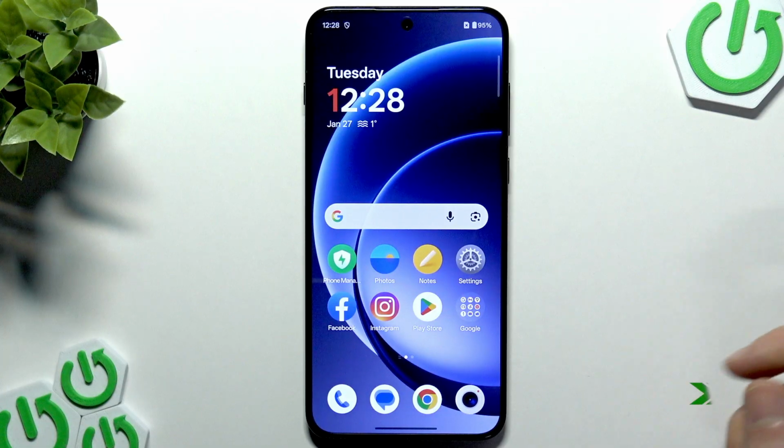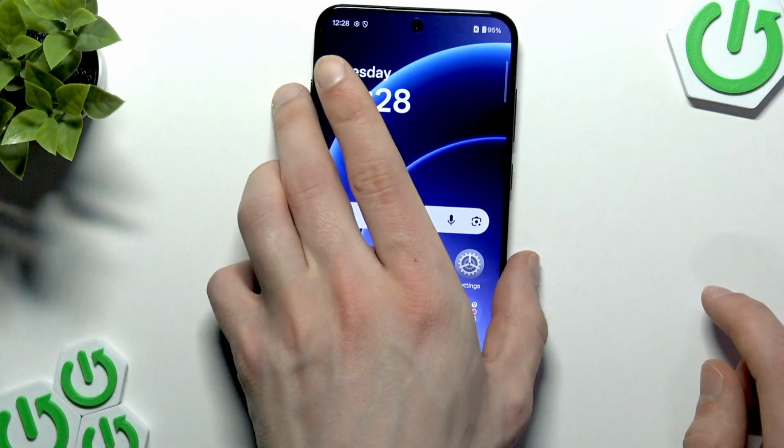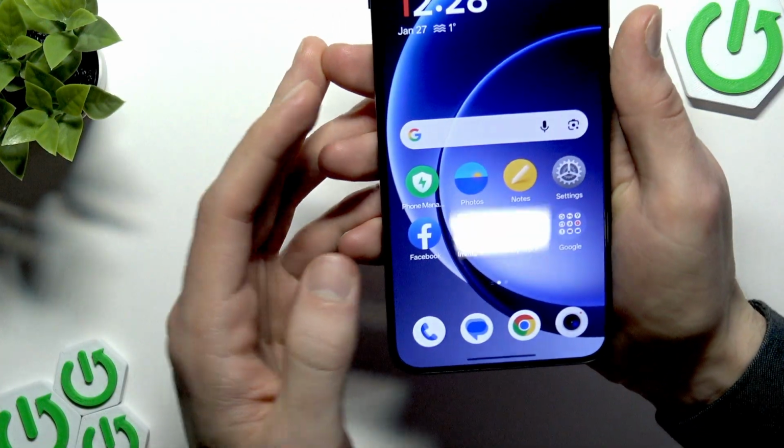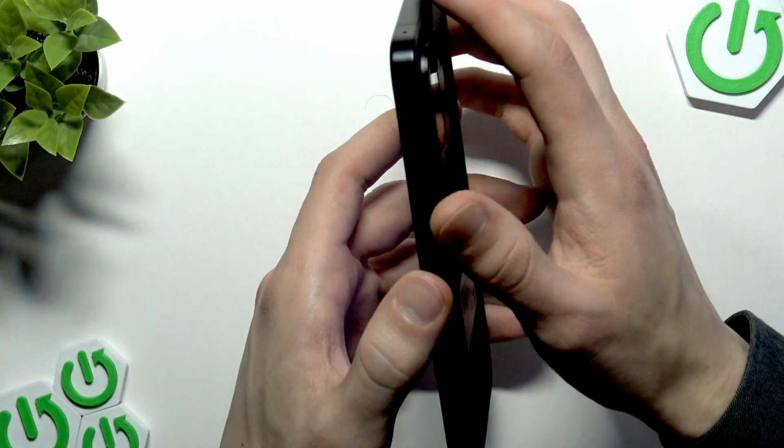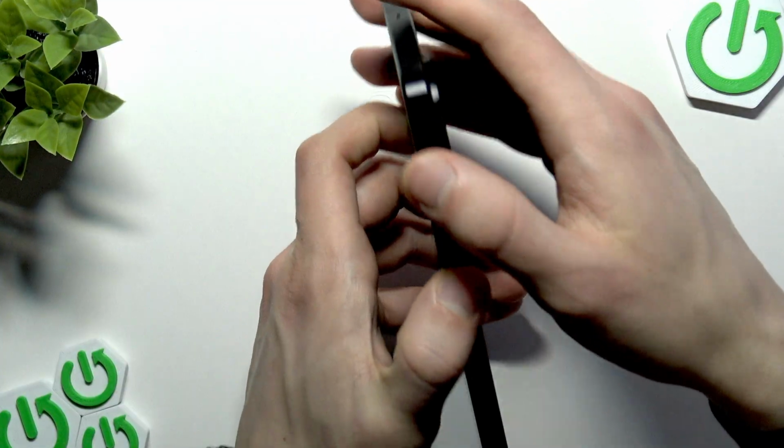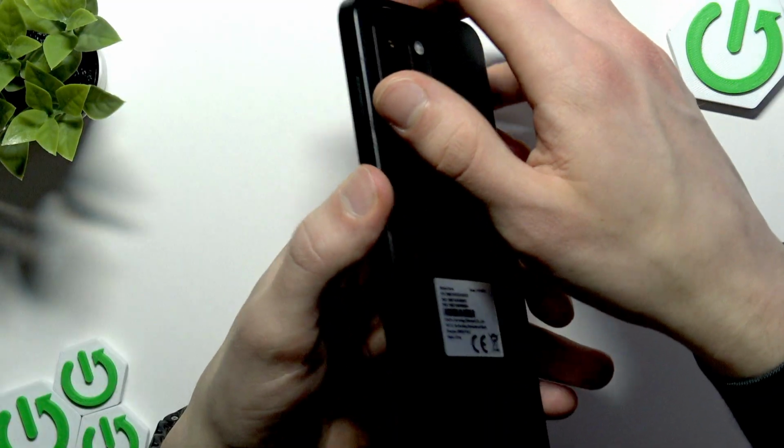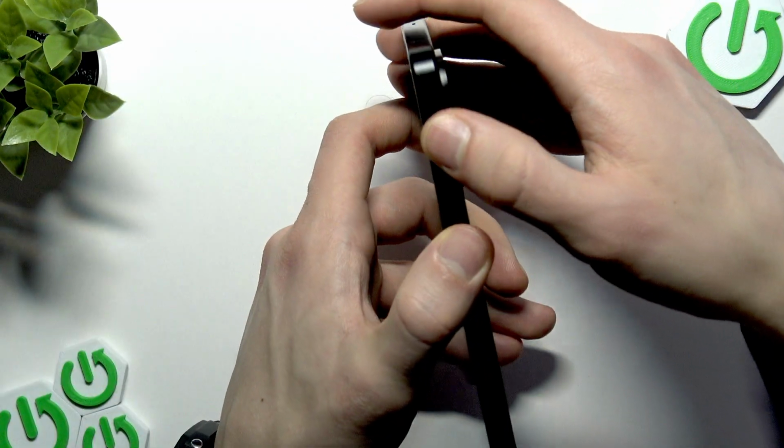If your device has restarted but the touchscreen still isn't responding, we can assume that there could be some third-party interference with your device's screen, and therefore some third-party application or some background process is blocking your touch screen and won't allow you to use it. If you want to get rid of that process, you just have to restart your phone into the safe mode, and what we need to do is basically